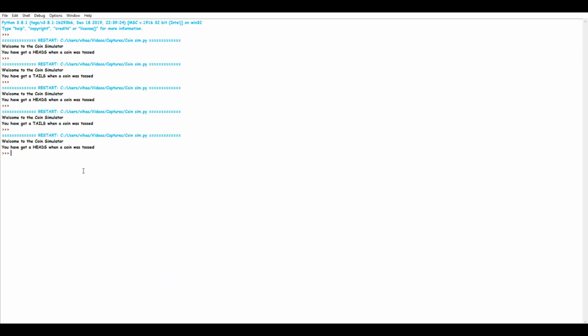Now I have run the program 5 times in a row, and as you can see we have heads, tails, heads, tails, heads. This might seem like a pattern, but I'll run it 5 times over again to show you that it's not a pattern. I have run it 5 times over again, and this time as you can see it's reversed. It's tails, heads, tails, heads, tails. It will come in different patterns, and it might come in random as well. It just depends on how the thing selects it.